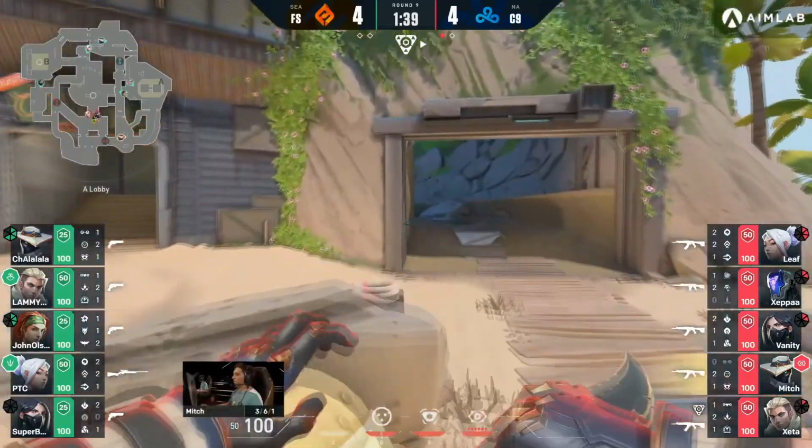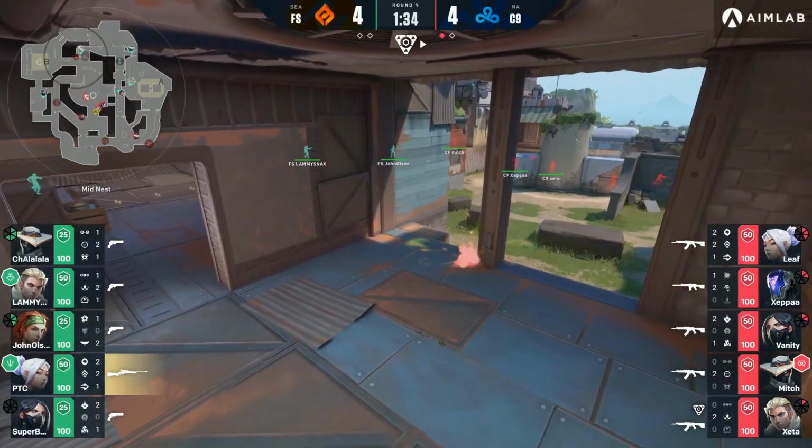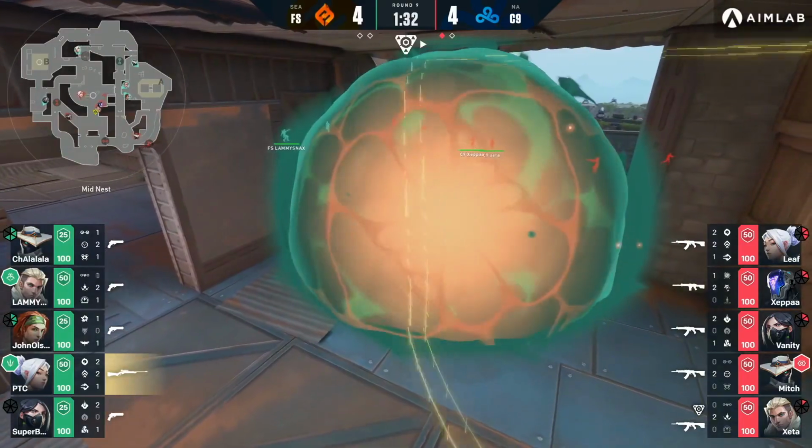I think the next wave of issues that needed adaptation become known in round 9, where C9 use a ton of utility and manpower to try and take this mid control, and it just gets thrown back in their faces. They used the dagger and recon dart pairing up towards tunnel and elbow, as well as the poison orb in Nest. Now this round is an eco round with blades for Full Sense, so what that does mean is that